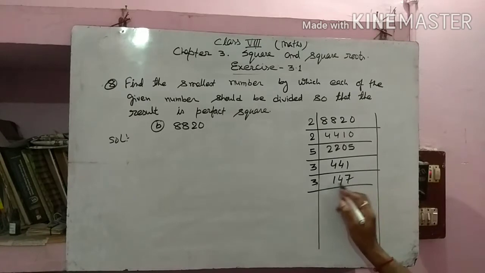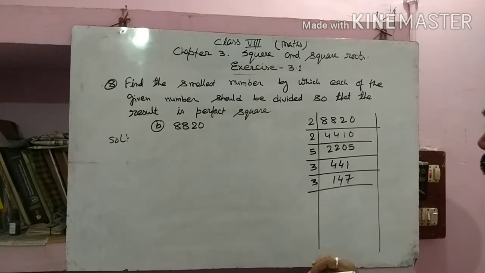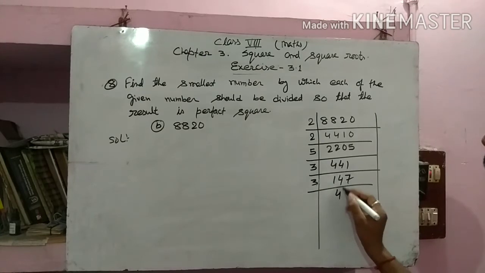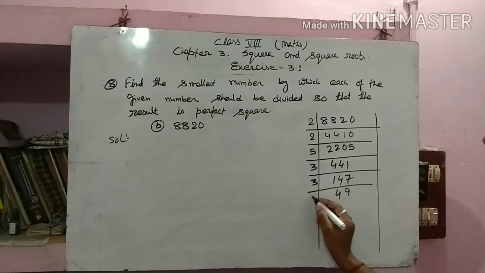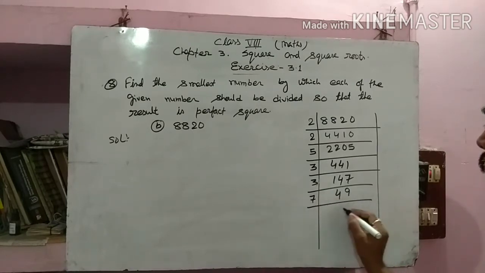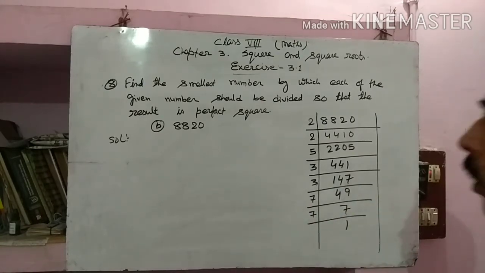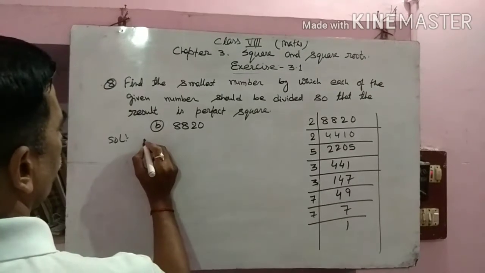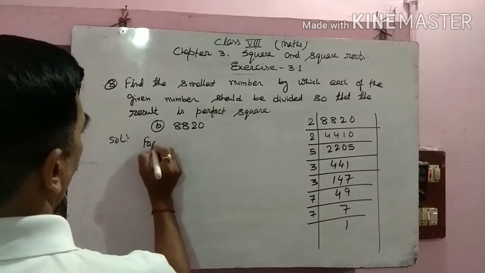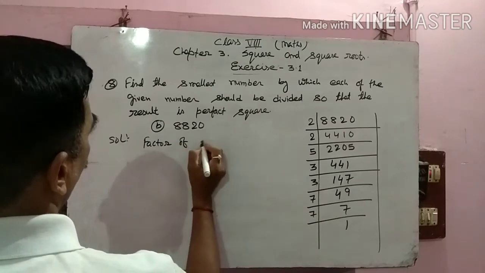Okay, look here, 7 plus 1 is 8, 8 plus 4 becomes 12. So this number is also divisible by 3. So it becomes 3 times 4 is 12. Then what remains? 2 and 7, 27, and 3 times 9 is 27. Now 7 times 7 is 49 and 7 times 1 is 7. Then what will we get? Factor of